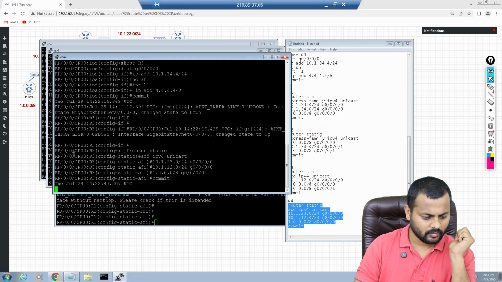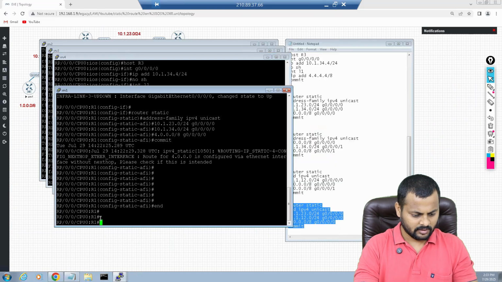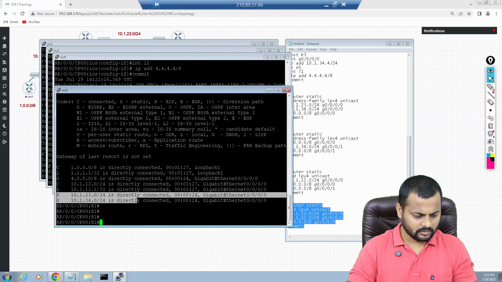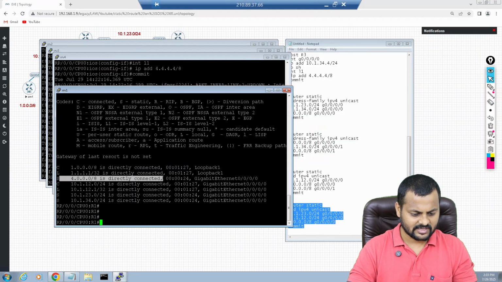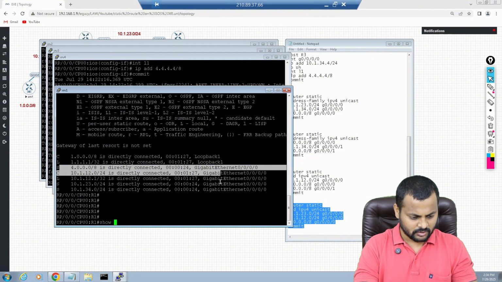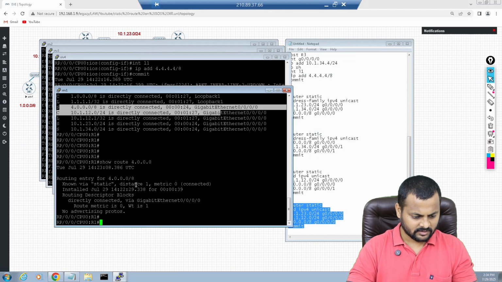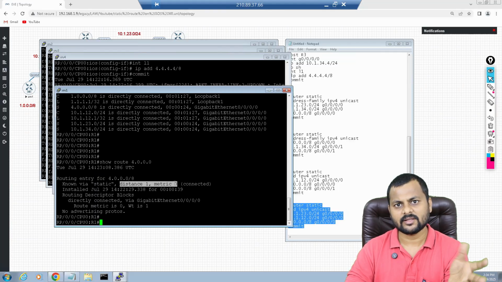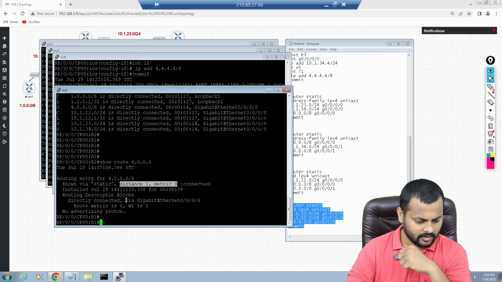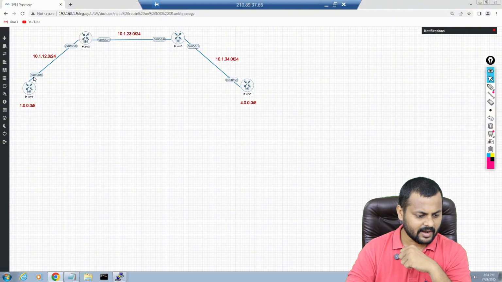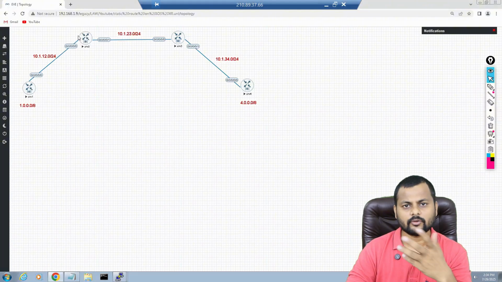So if you go to router number 1 and check the show IP route now, you can see that I do have a static route, right? And also for the 4.0.0.0/8 network as well. So it does not have any next hop. It has an exit interface. So with the command show route 4.0.0.0, you can see that this route has a distance of 1 right now, and the metric is not used by the static route, that's why it's 0. And I'm going to send the packet directly to this interface. So I'm simply going to place the packet on this particular interface, then this interface is going to forward the packet to router number 2.